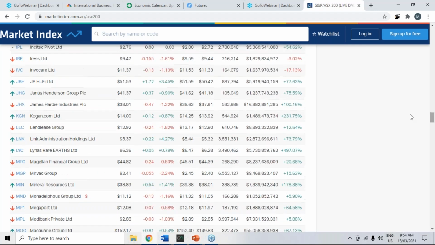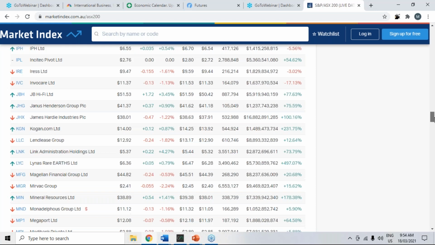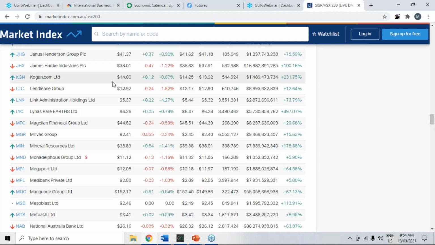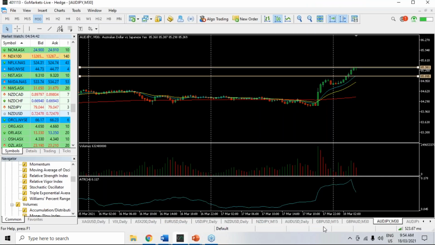And we should see that we've got strong performance in retails. Look at JB Hi-Fi and maybe even Kogan. Yes, there's Kogan as well. So the retails are doing well, and of course, that's a reflection of that strong employment number. So now we've given ourselves some things to have a look at with the ASX. We've got that picture of what sectors are moving, what sectors aren't, so we know exactly where to target. So if we go back to our charts, let's start to have a look at some of those.